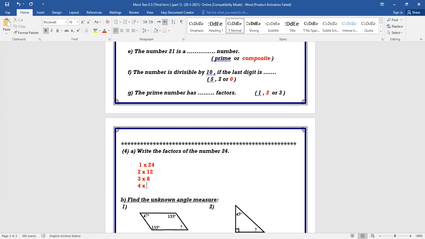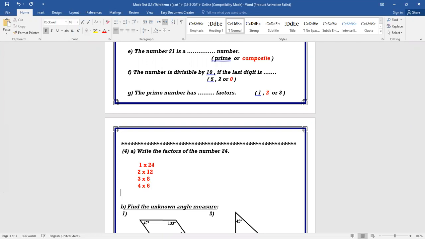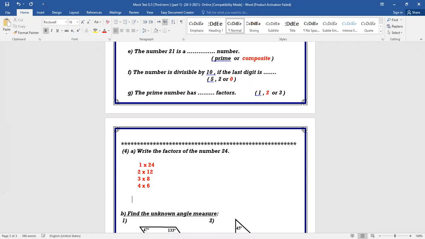We have another? No. After this, 6 multiplied by 4 is repeated. Then the factors